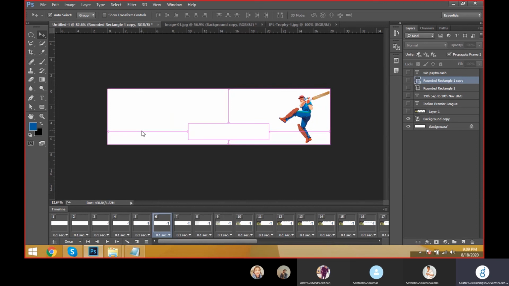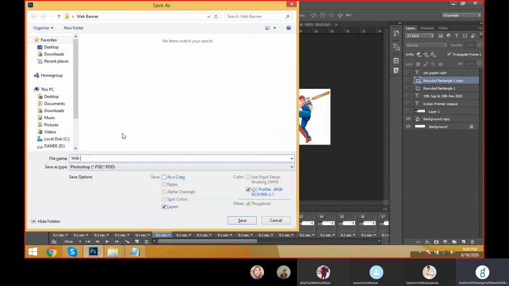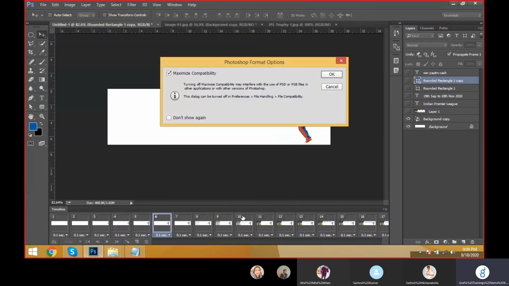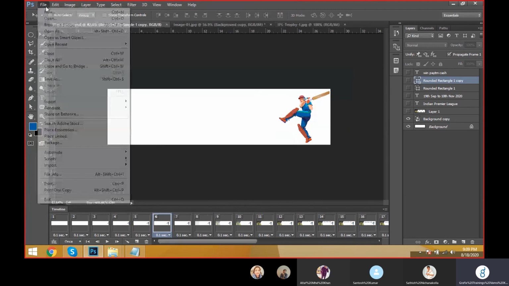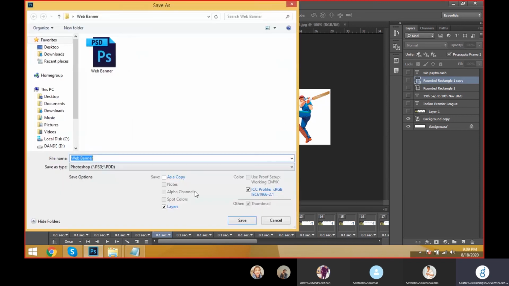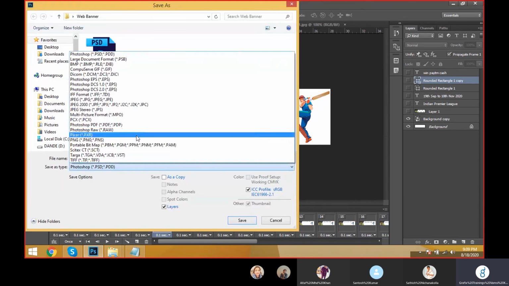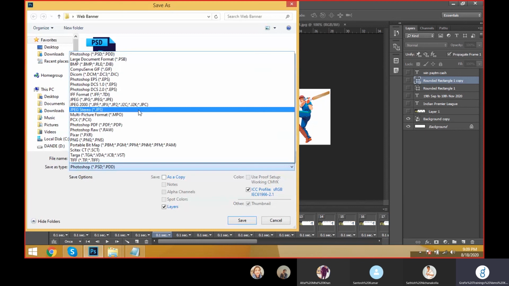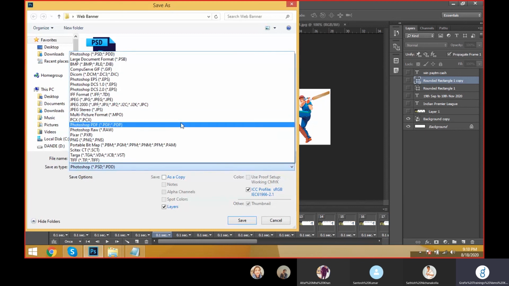Okay, select this document. It is called a web banner. And you can save it. Okay, and File, Save. I would like to save as a JPG. This animation should be an exported file. I can save as a JPG, but if you take a JPG, the animation will not be accepted. Then how, sir? The animation will not come.